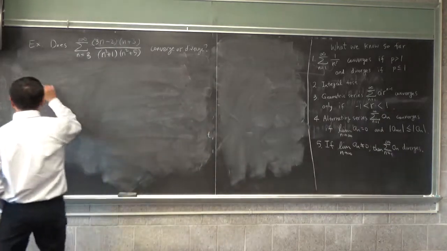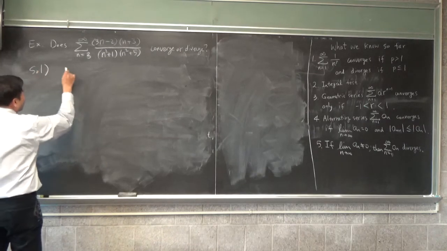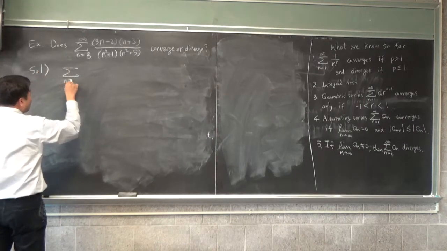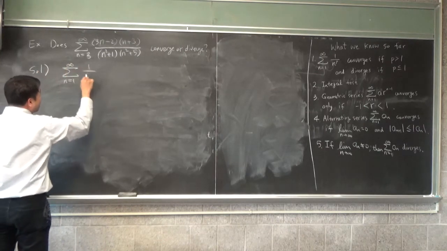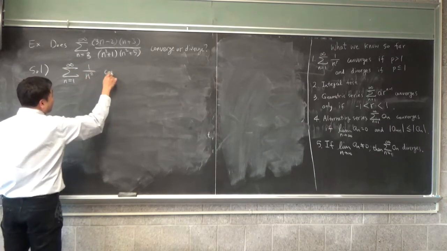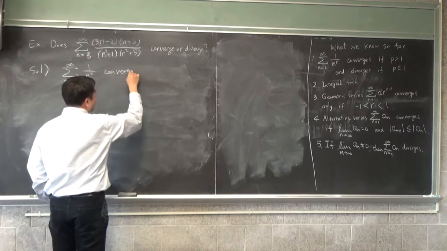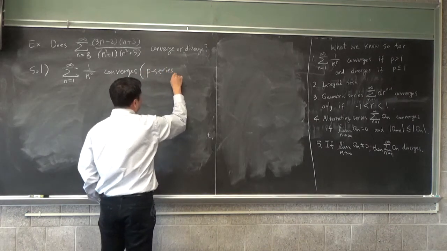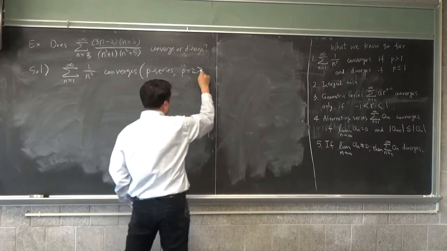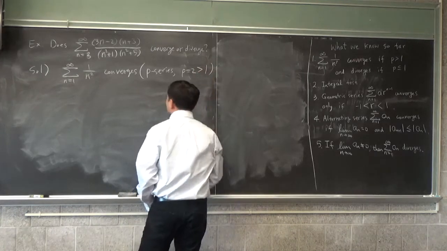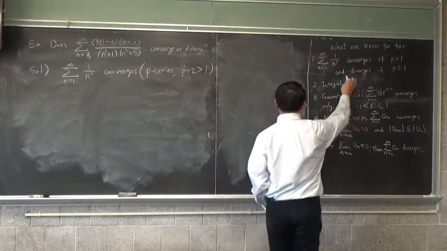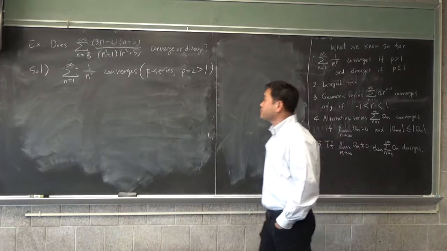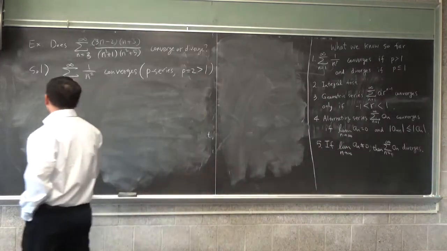Okay, so solution. Summation of n equals 1 through infinity of 1 over n squared converges. It's a p-series with p equals 2, which is greater than 1. It's this one here. And then